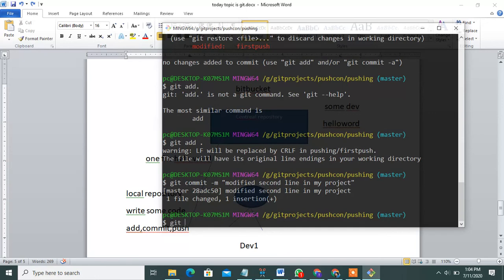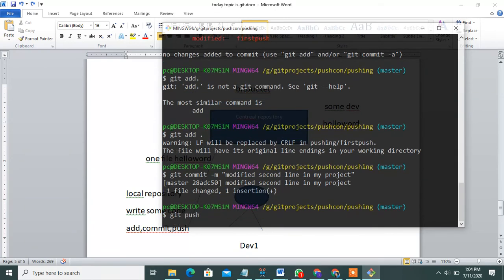Then see this, observe it carefully. Then you push it with git push, and it will display some error.